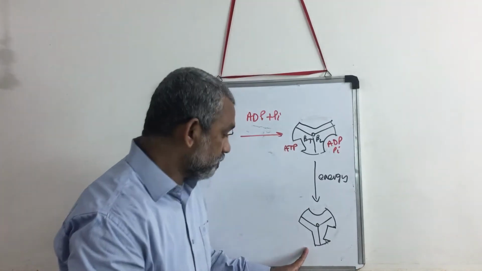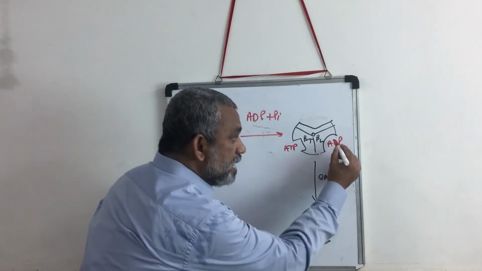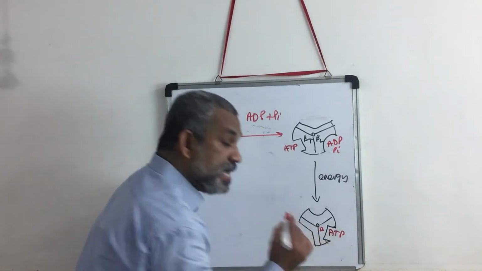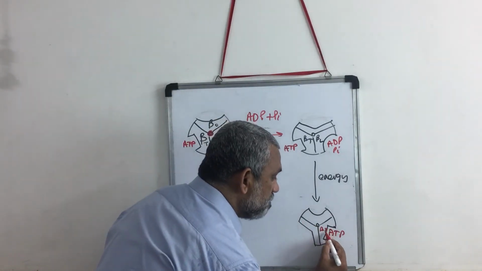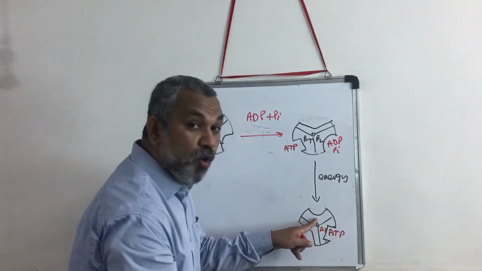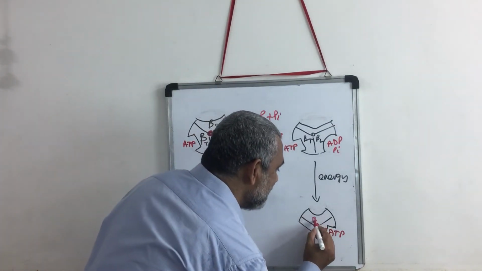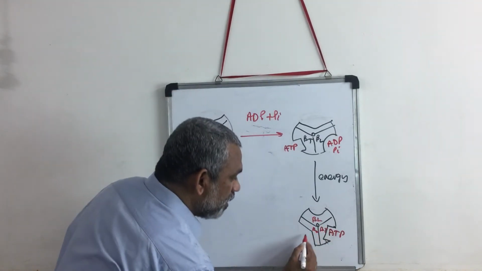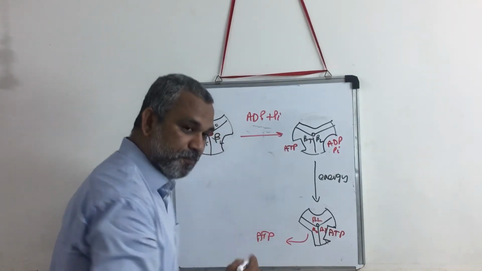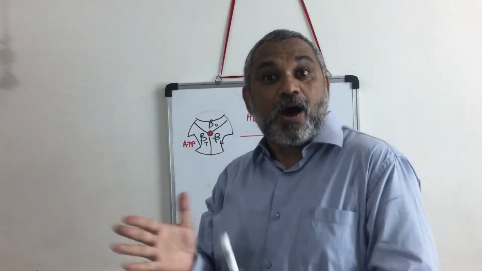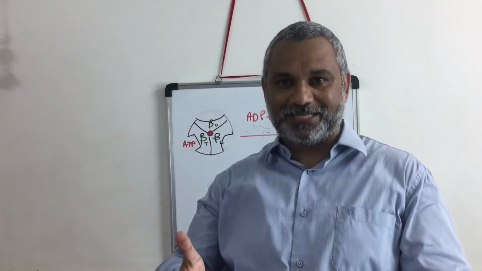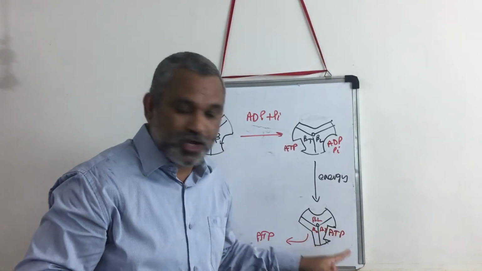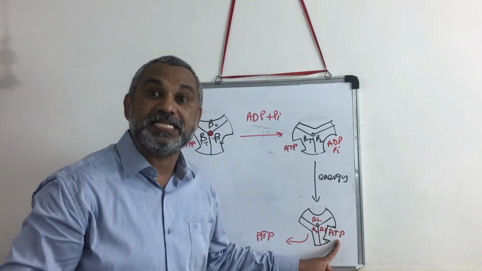So as per the diagram, ADP and Pi have joined together and become an ATP. This was the B loose and this becomes a BT. This was the BO, that becomes a BL. This was the BT, that becomes a BO. So therefore, it displaces the ATP molecule. You see that one ATP is now generated in the mitochondrial matrix, just because of the rotation and the energy that is transferred.